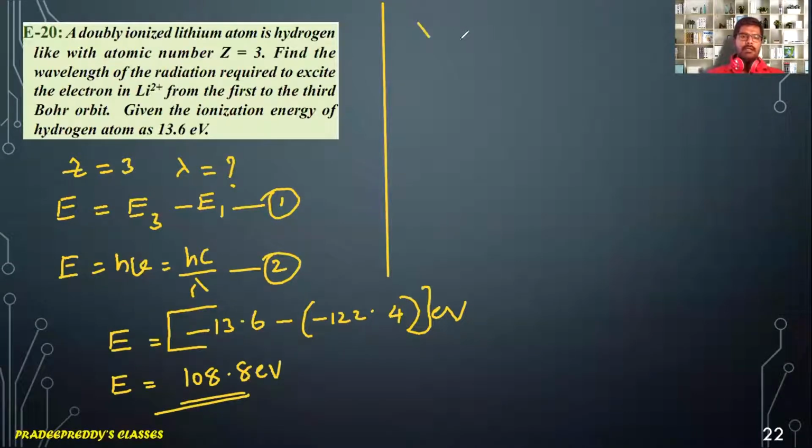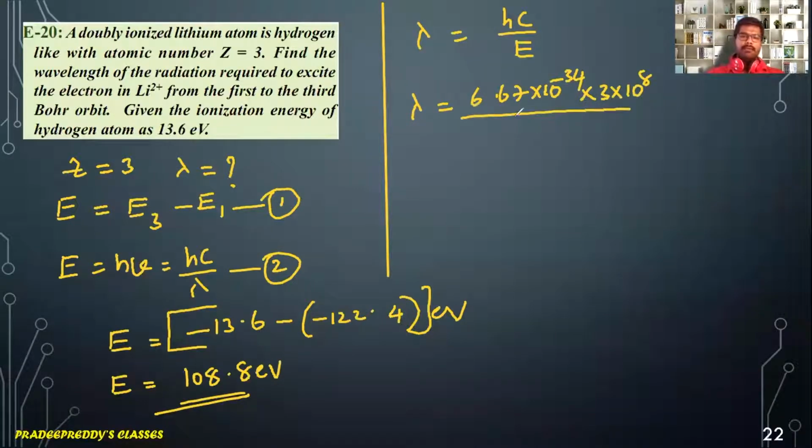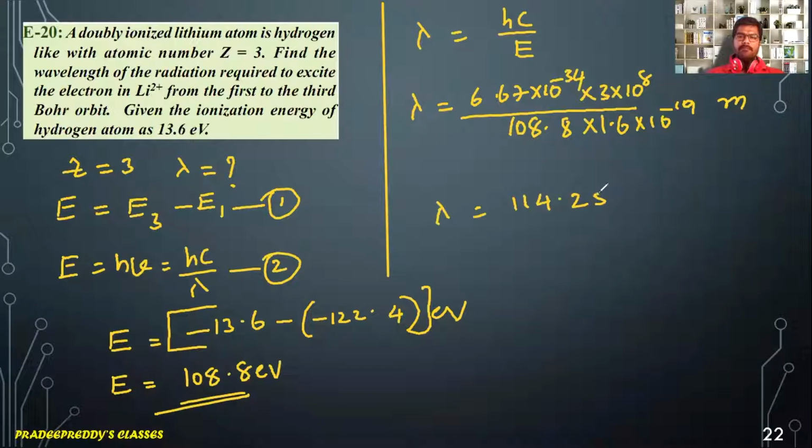So lambda is equal to hc divided by E. So lambda will be written as 6.67 into 10 power minus 34 into 3 into 10 power 8 divided by 108.8 into 1.6 into 10 power minus 19. This you will get answer in meter. So if you calculate this, nearly you will be getting 114.25 into 10 power minus 10 meter,